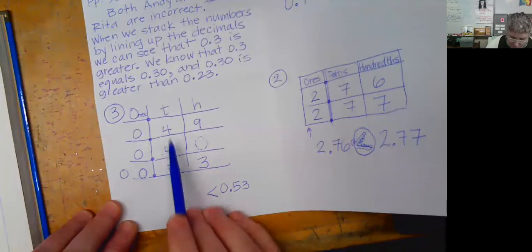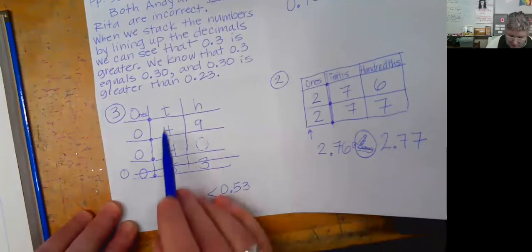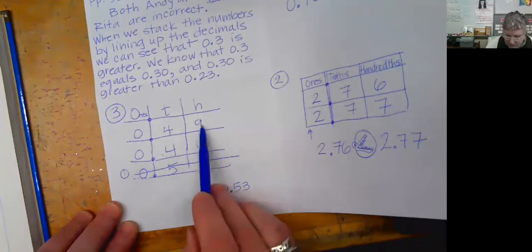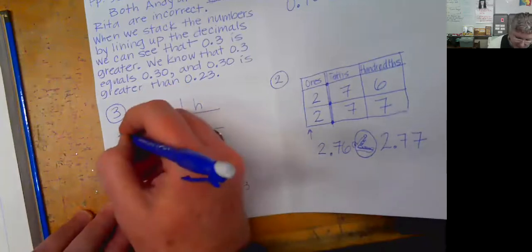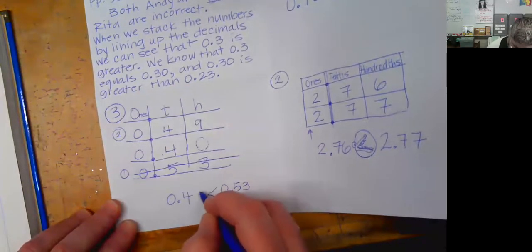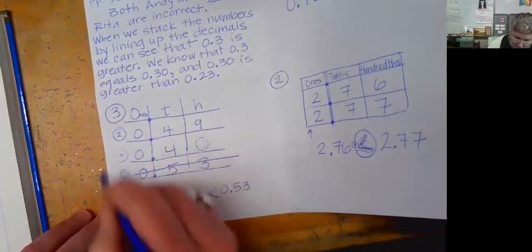Now, if I have 4 and 4, I'm comparing these two. That's going to bump me over here. And I have 0 and 9. This one's going to come in second. So we're going to put it in the middle. And then the smallest one is going to be